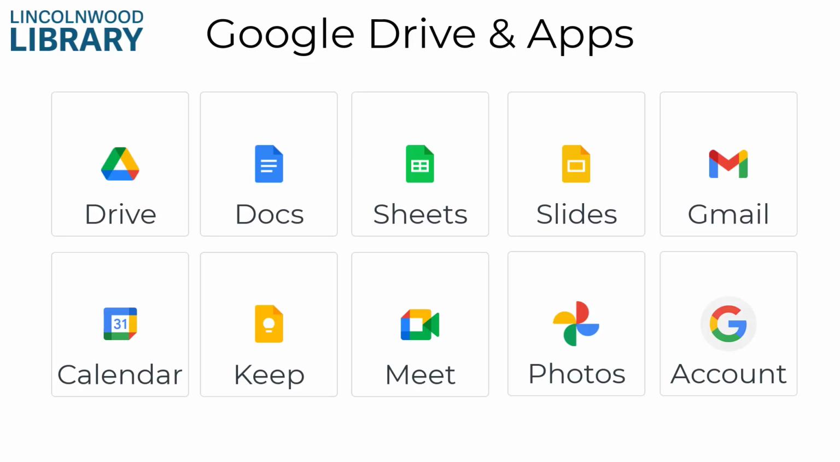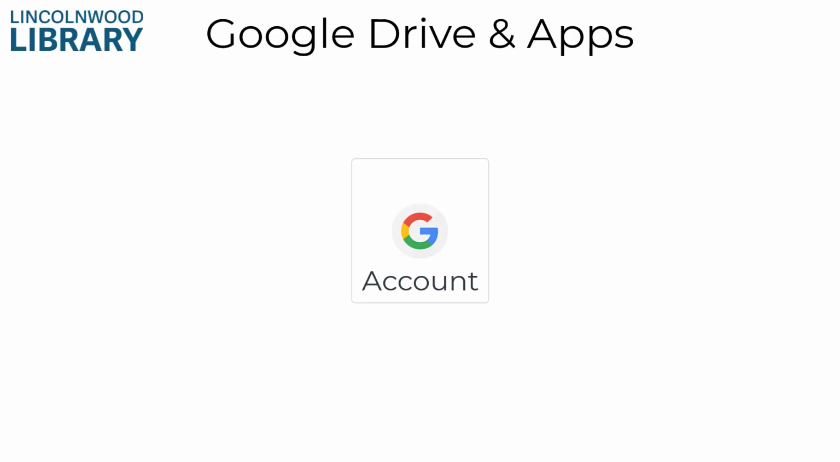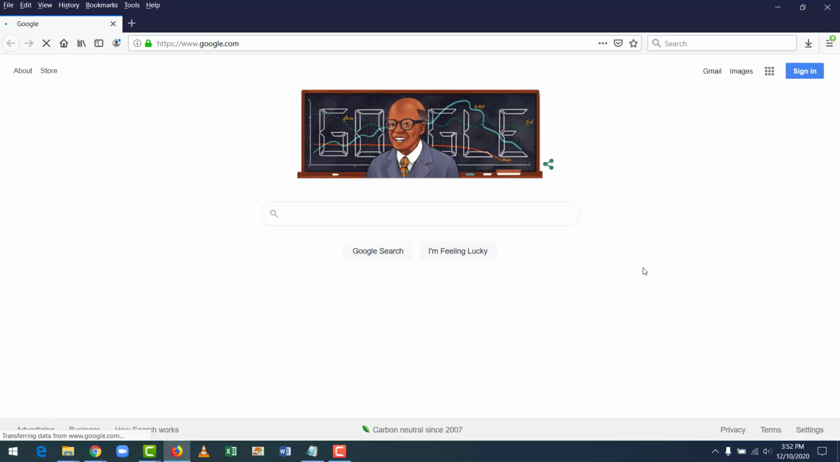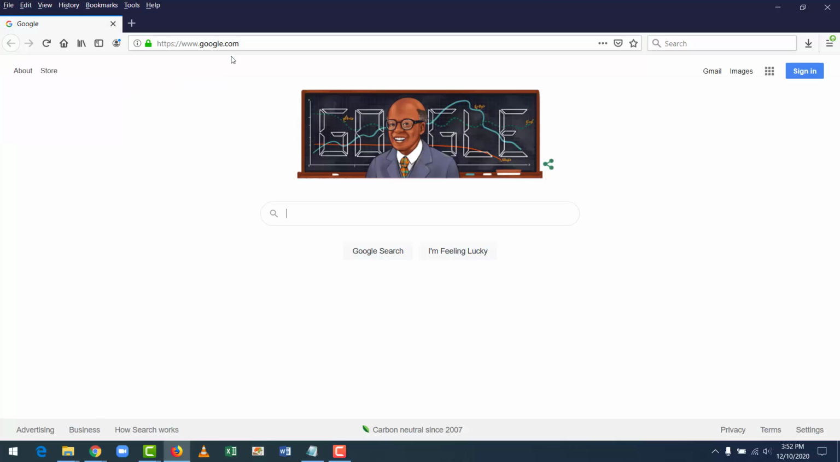Let's get started. Everything we'll talk about today requires a free Google account. The easiest way to create a Google account includes creating a new Gmail address. To create your Google account, you'll need to go online, and I'll do that with the Firefox web browser. Depending on your settings, Firefox may open to a different page. In the top address bar, you can go to google.com, which is the page that I was on, and you'll